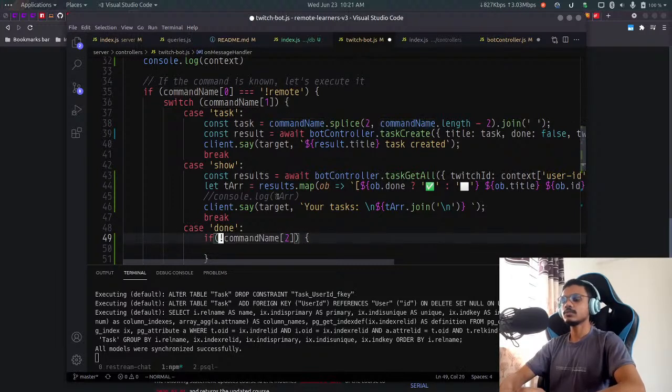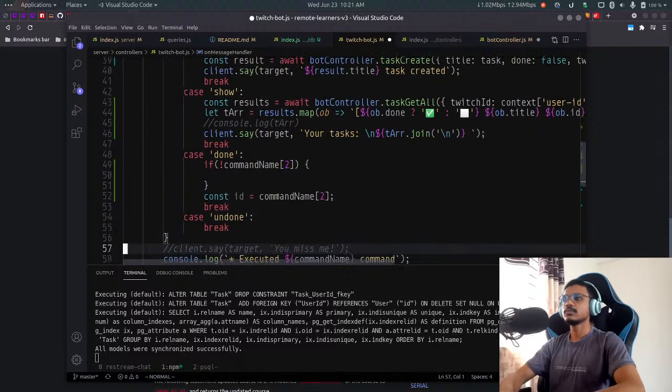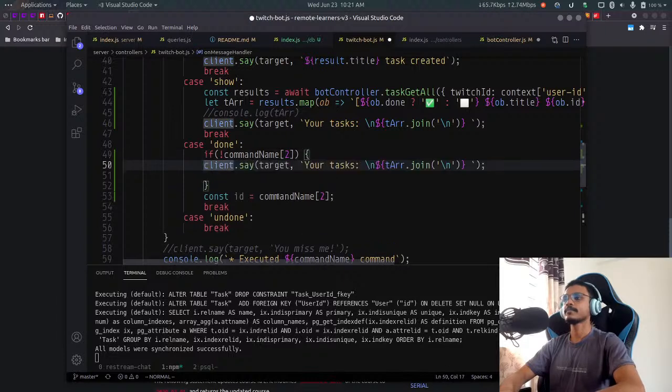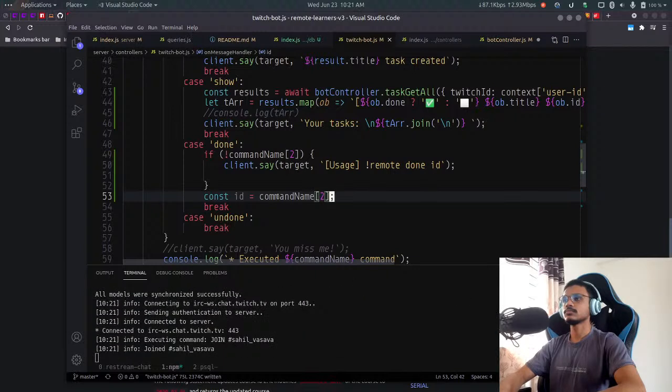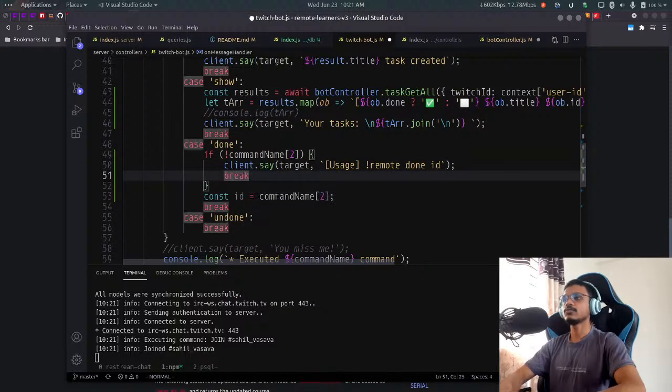If command 2 is not there, we'll say usage: remote done ID. And we'll break out of it, or else